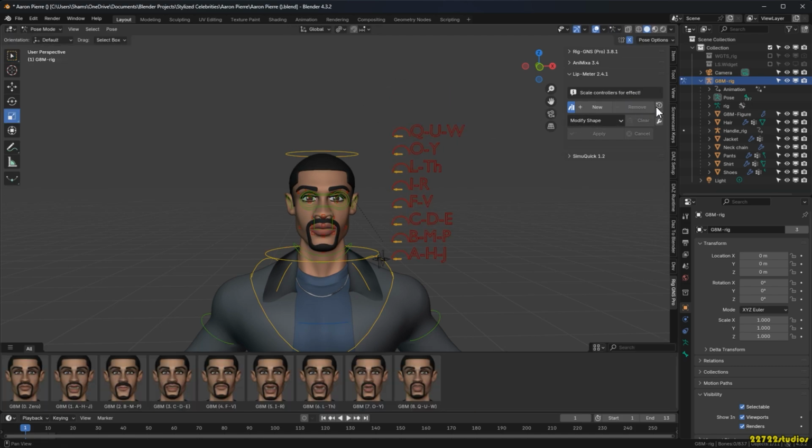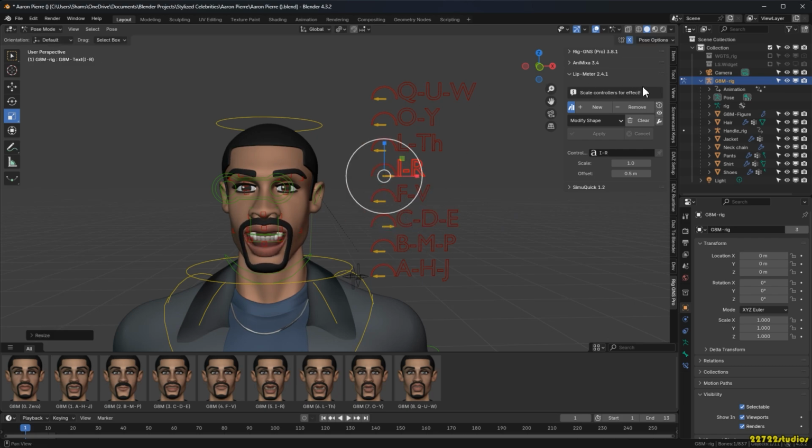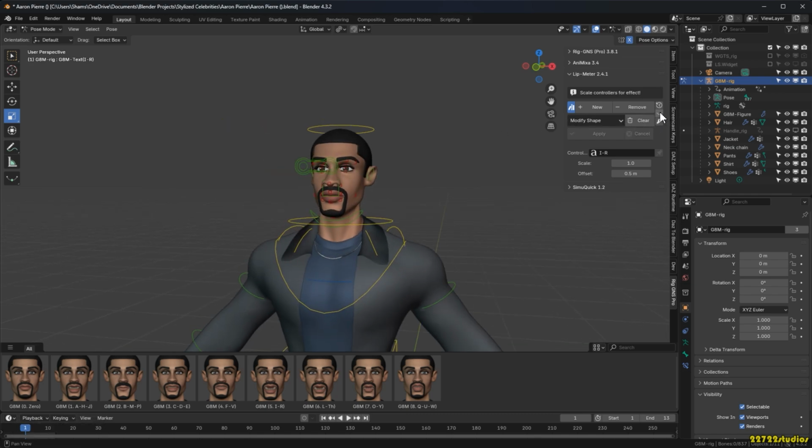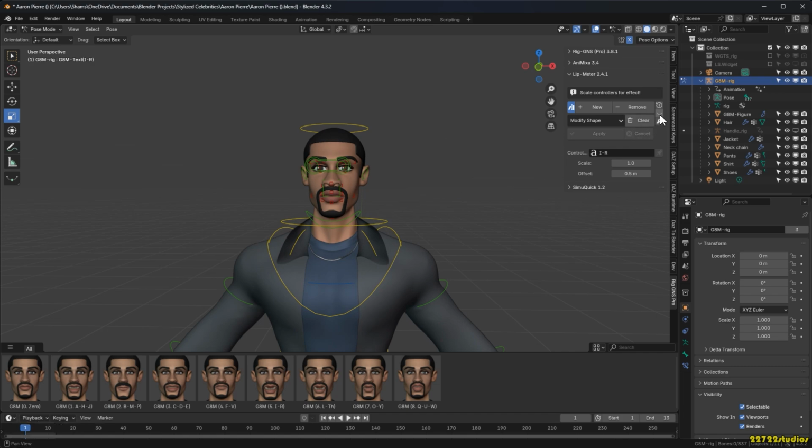Okay, so on the side of the panel here we have a few useful buttons. First, there's the reset button, which restores all controllers. You can see after applying some of the controllers, clicking the reset button restores all back to their default state. Alright, next we have the hide controllers button, which hides the controllers from the viewport while keeping them active. This is useful when animating as it prevents them from getting in the way.